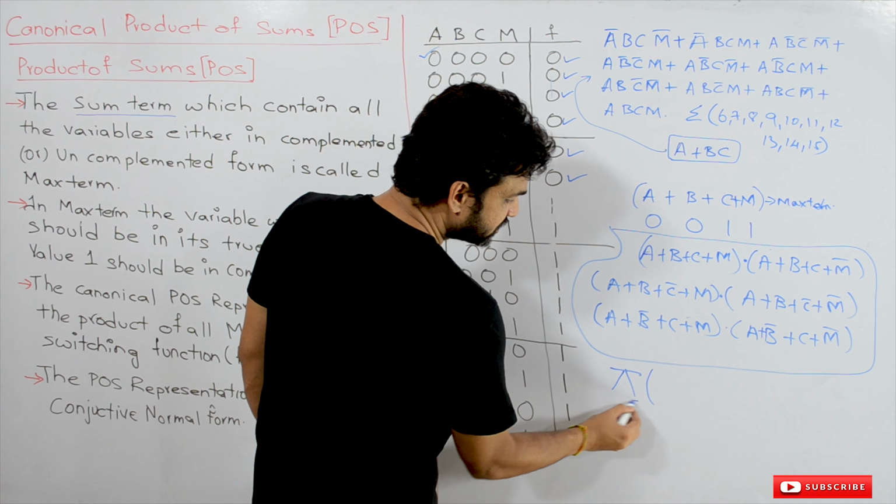Why we have to use these representations: in order to represent the functions which are producing an output of 0 or an output of 1. When the lights are to be switched on, whenever B, C is true and A is true, in the sense 1, or if A, B, C are true, then it has to be switched on. So these are the conditions which are satisfying, and these are the terms which are satisfying that condition.